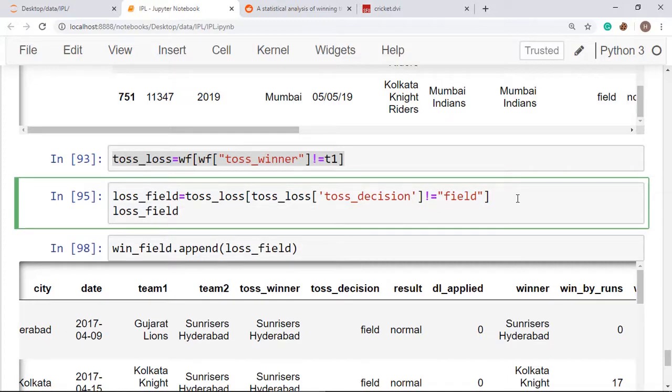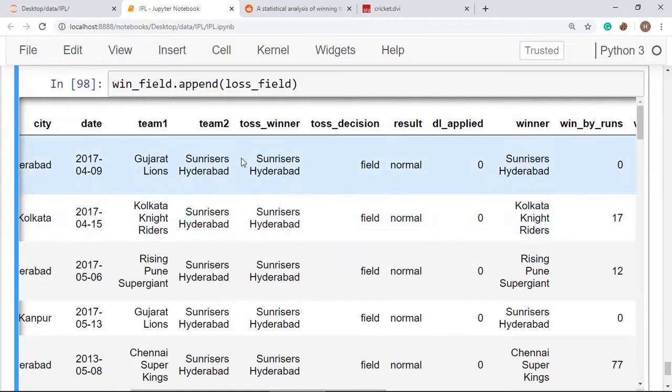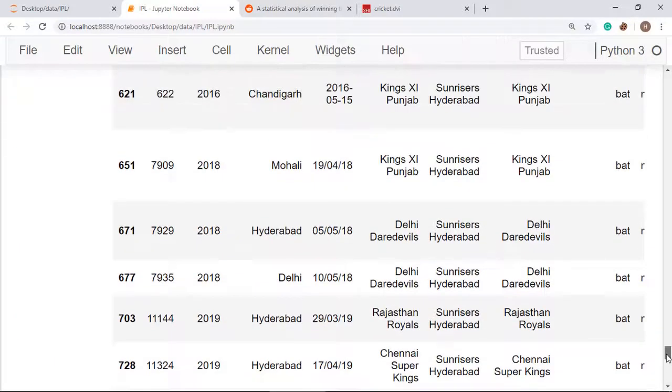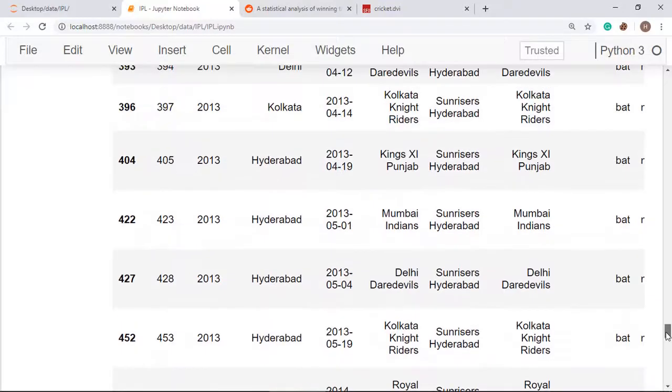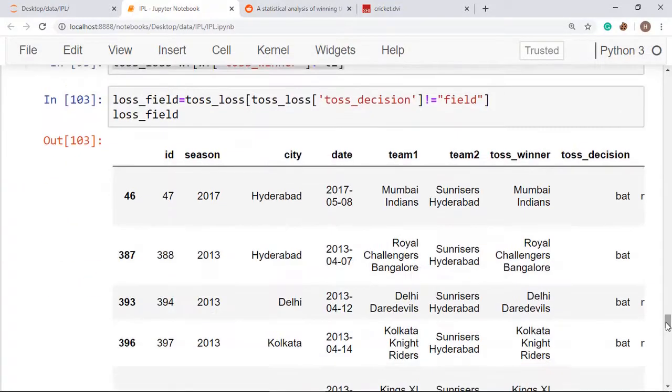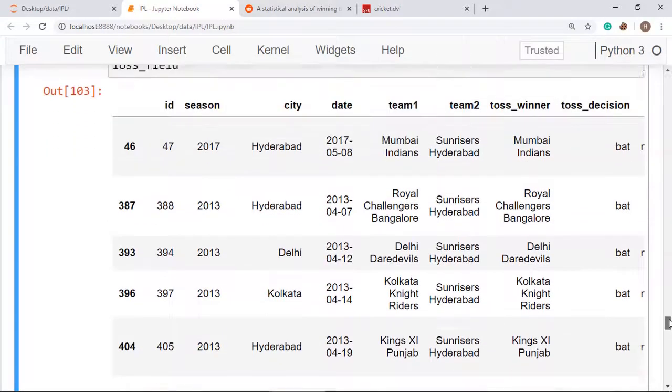You can see we will be getting all those rows where Mumbai Indians has taken participation in the game, and this one is where Mumbai Indians is not the toss winner and the opposition selected bat.